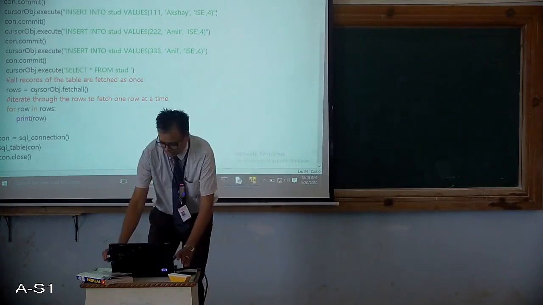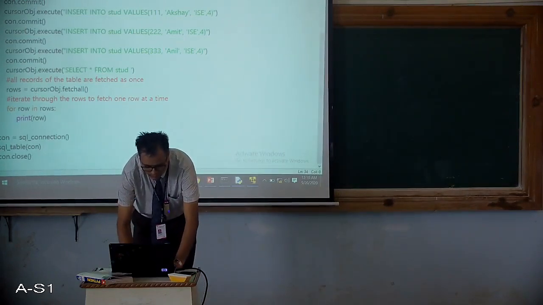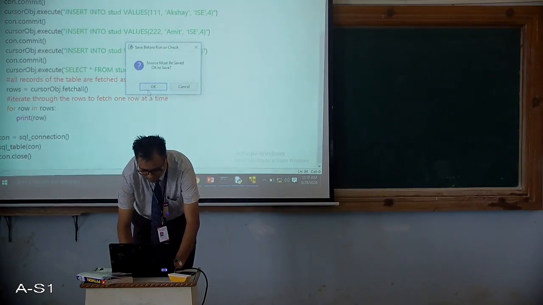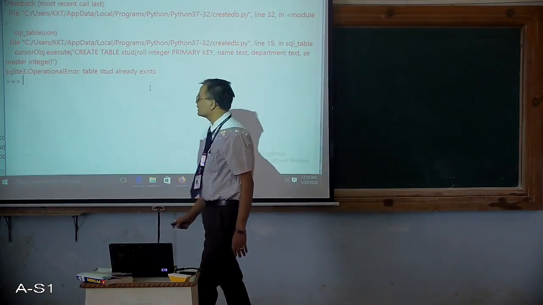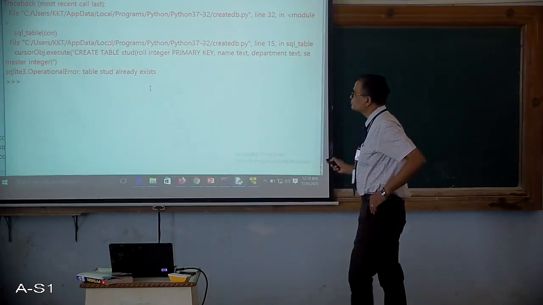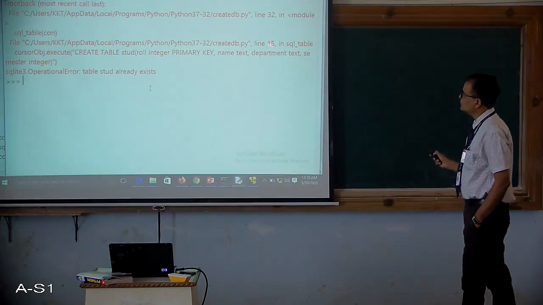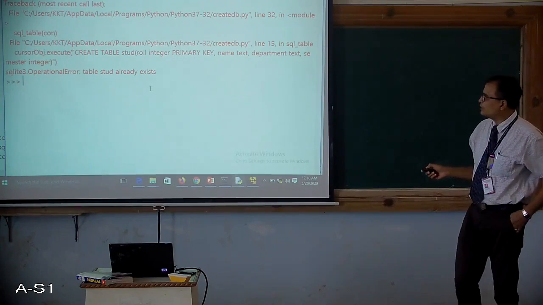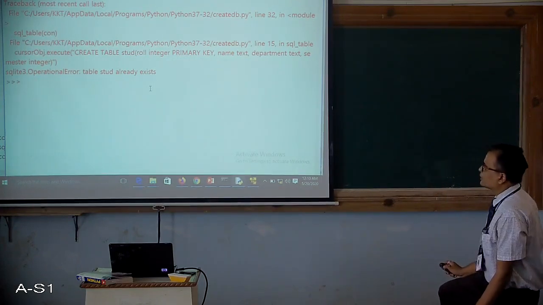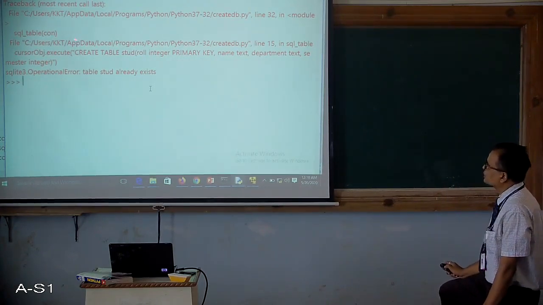So now let me execute this and show you how it works. Okay, when I execute this, you can see there are some set of errors that will be getting displayed on the screen. So you can see this is a traceback of your program that you have executed.